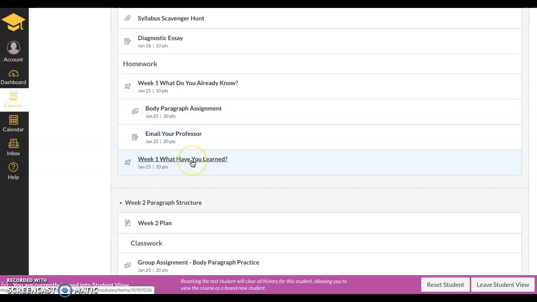And then at the end, you're going to do a what-have-you-learned, where I'll probably ask you questions like, hey, what do you know now about body paragraphs or about emailing your professor? So it's a way to make you revisit the material and hopefully get it to sink in even more. Okay. So I'm going to leave student view now and go into English 108,